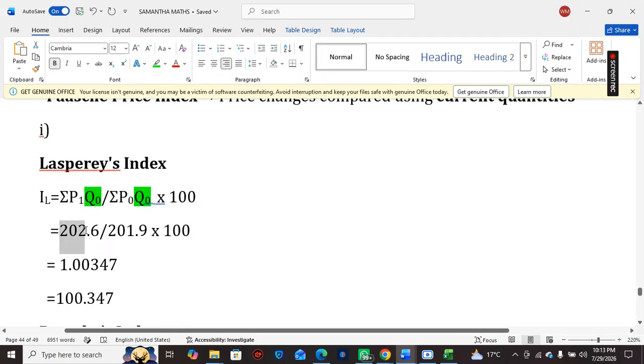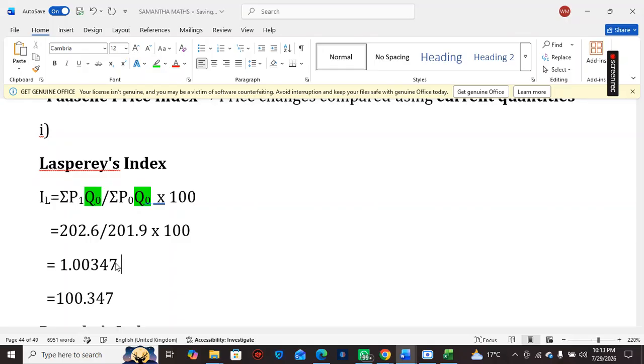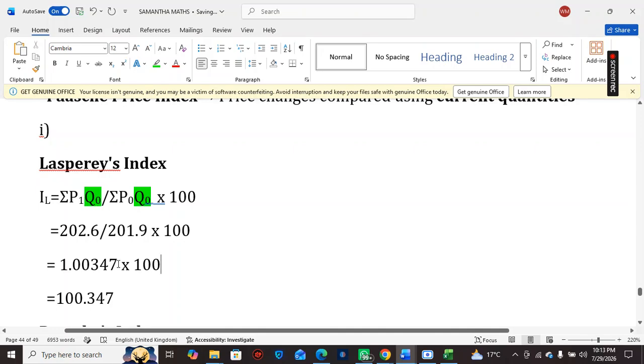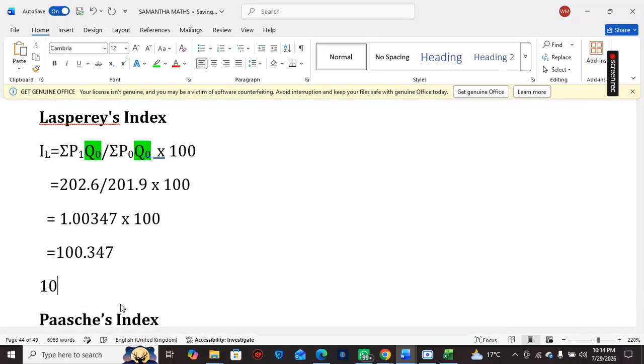So you say 202.6 divided by 201.9 times 100, you get 1.00347. Okay, if you multiply that by 100, you get 100.347. Okay, this is our index number. How we interpret this, you say 100.347